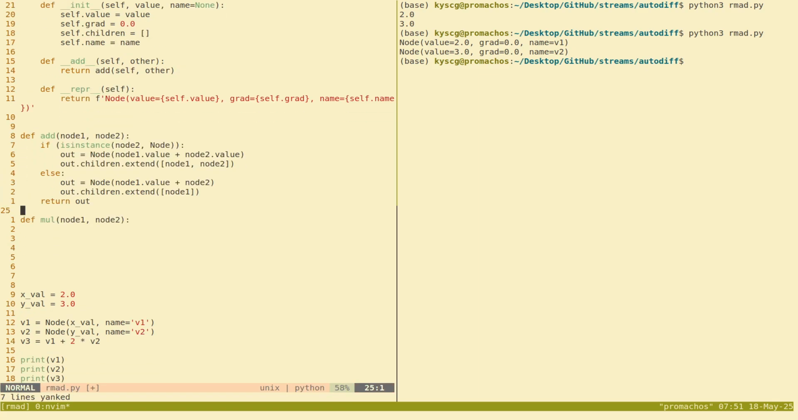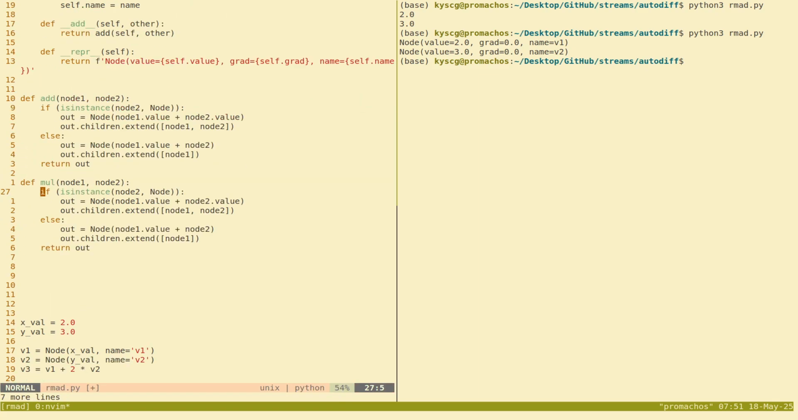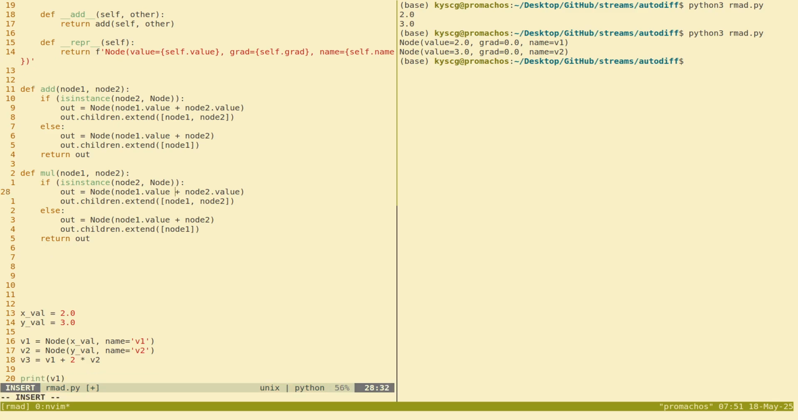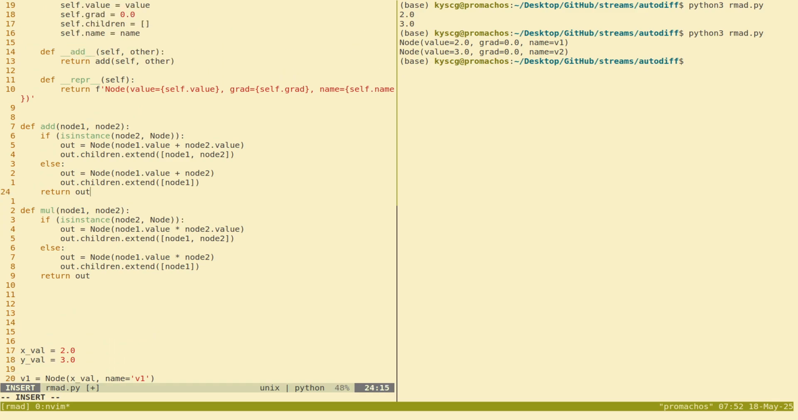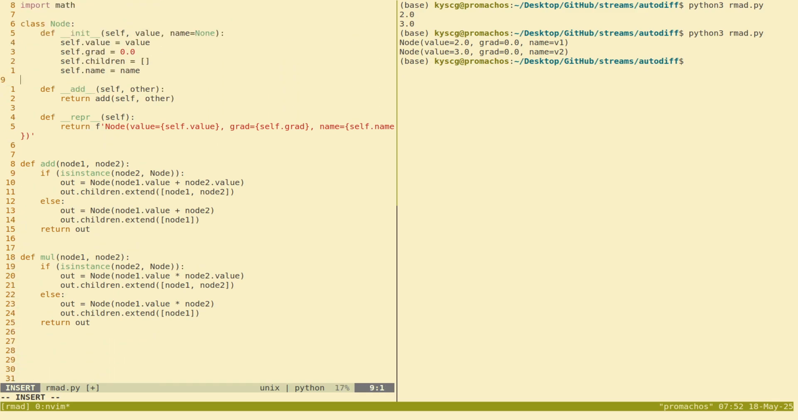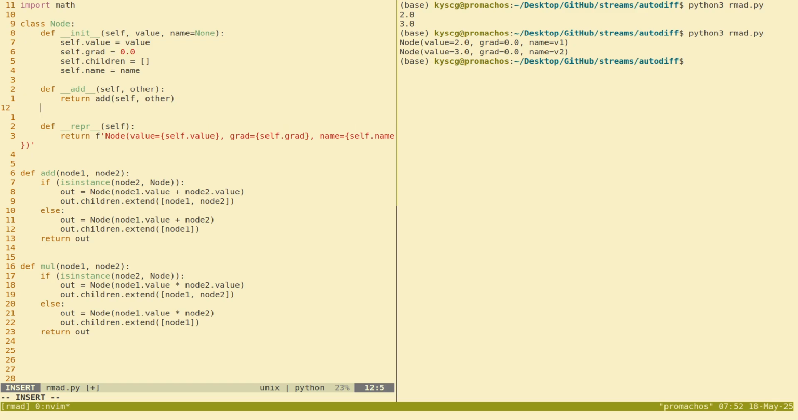Yank, paste, and then this is going to be node 1 value times node 2 value, and add these two, node 1 value times node 2, and then return out. So multiplication is done as well, and here I just need to do